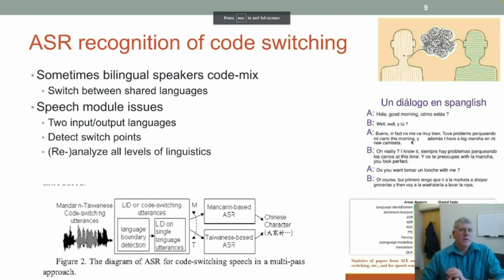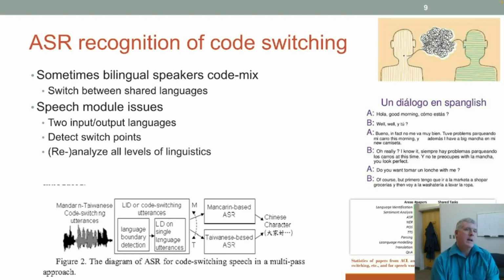Also doing ASR recognition of code switching, right? Code switching is a reality of many people in the world having two different languages that they use in different contexts. Like at home, they may speak Spanish in the US, but out in public and schools, they speak English, or even code switch on the fly with family members at home using both Spanish and English. That's a reality for millions of Americans who are born and raised in a Spanish-speaking home, Spanish-speaking family, or English and Hindi, or Urdu in India, or Ukrainian and Russian in Ukraine, or Swedish and Finnish in Finland.